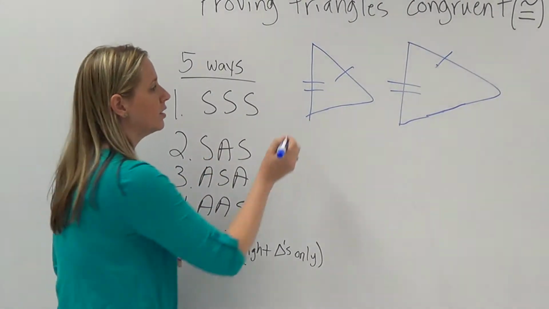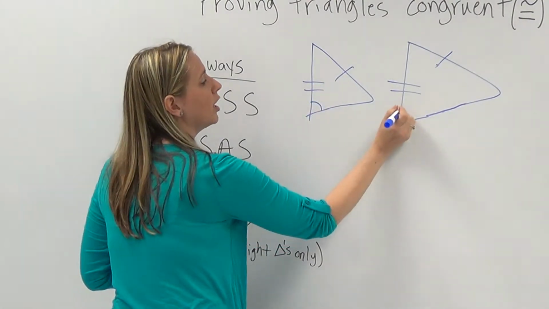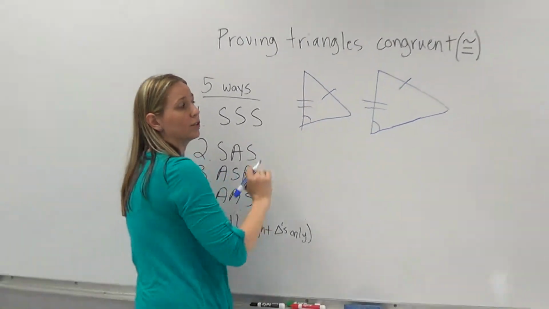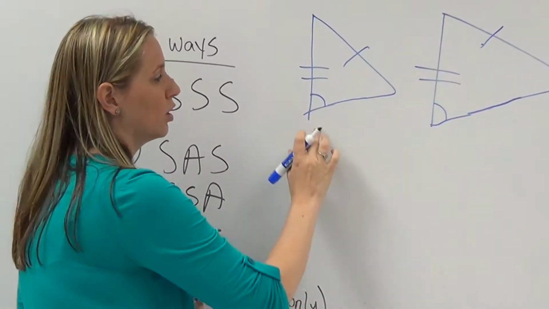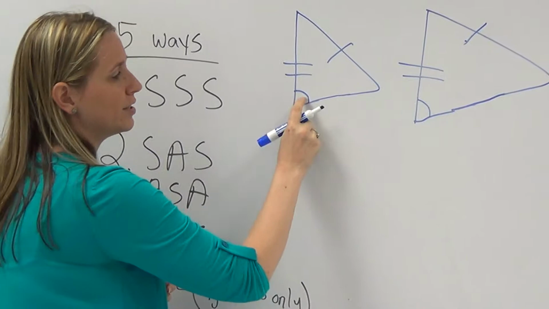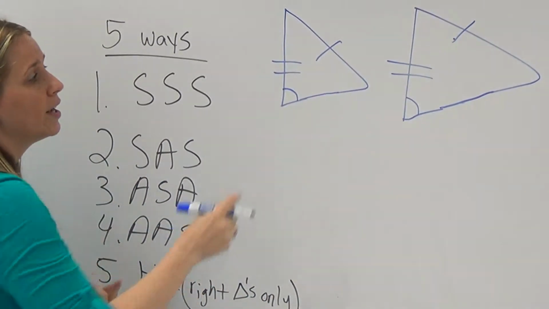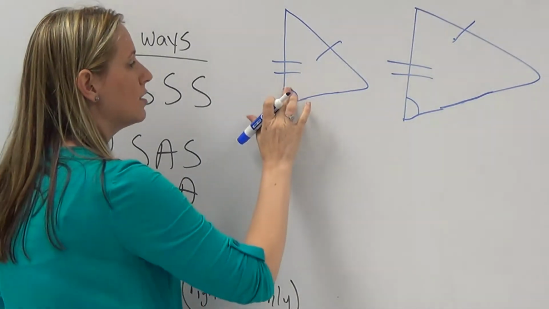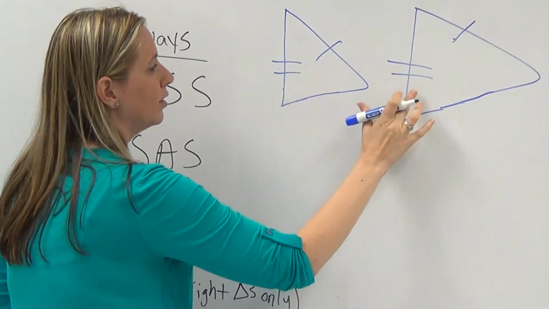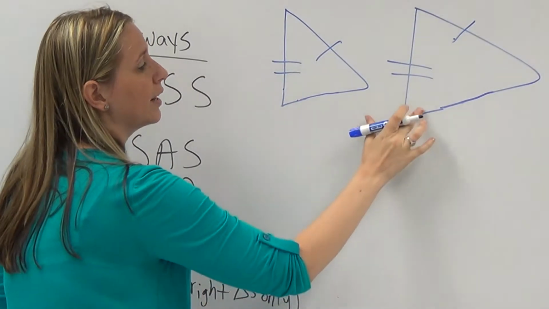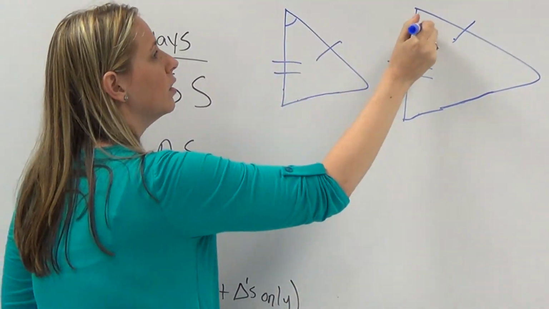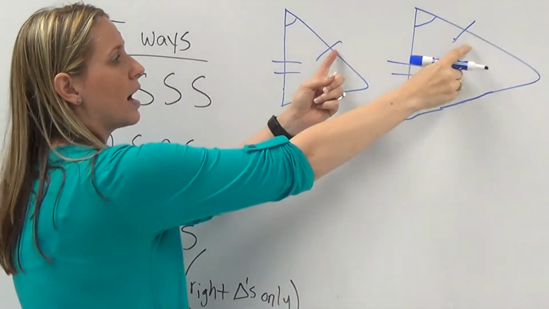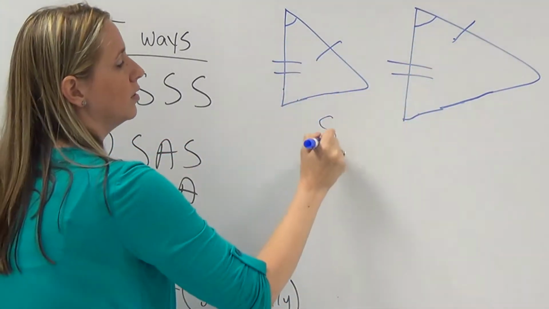For example, if I put a congruent angle here, and when we do congruent angles, we use what we call arc marks. So it's not a straight line like on the segments. It's actually a little bit of a curve to it. So that means that these 2 angles are congruent. But is that angle between the 2 congruent segments? No, it's not. So that's not the angle we need to be congruent in order for it to be side, angle, side. It needs to be this one because that's the angle between the 2 congruent segments. Now you can see you have side, angle, side,